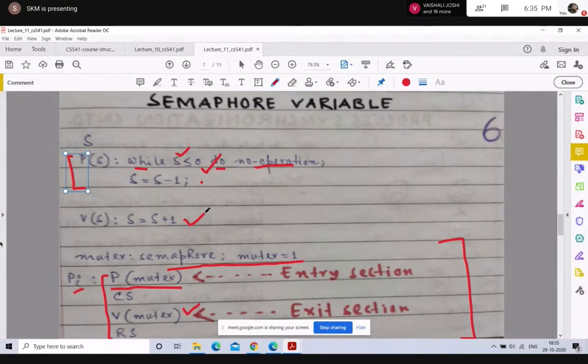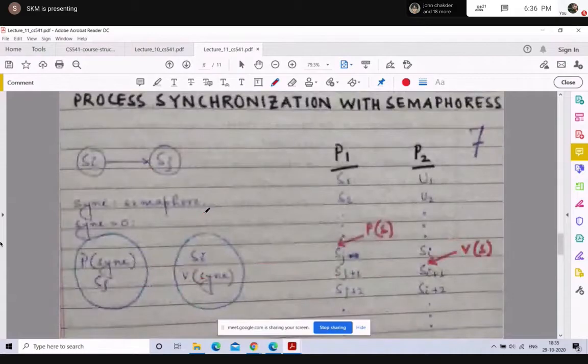Okay. What are the other things that we can do? We can also use semaphore variables for process synchronization. So we go to the next slide, that is slide number 7.